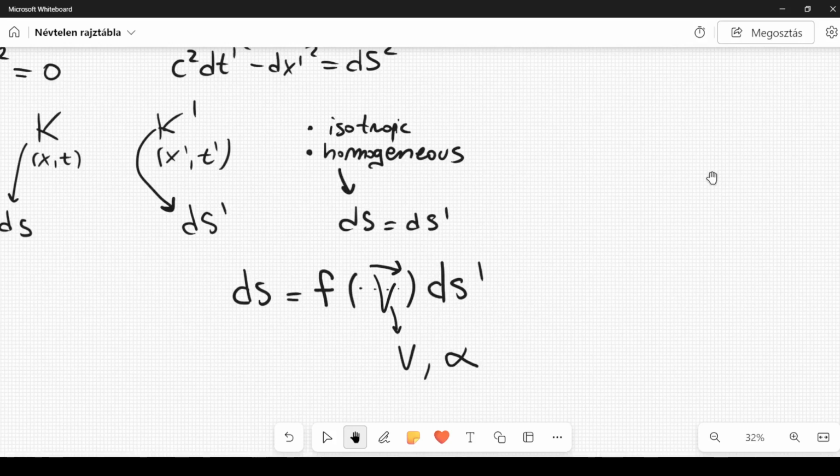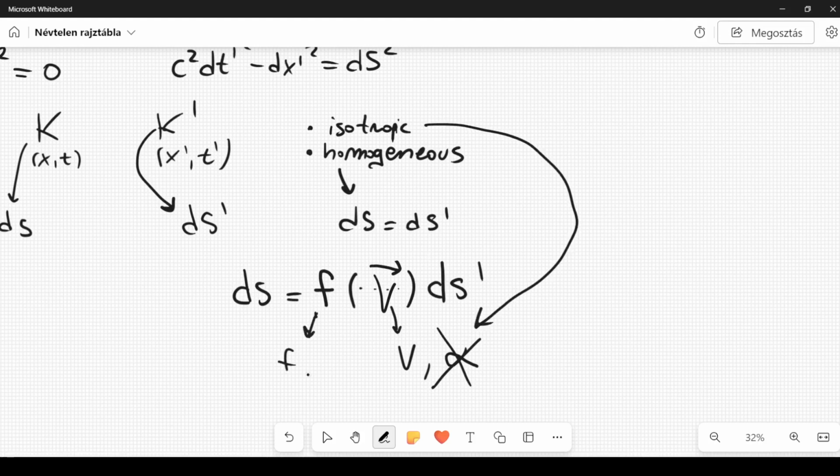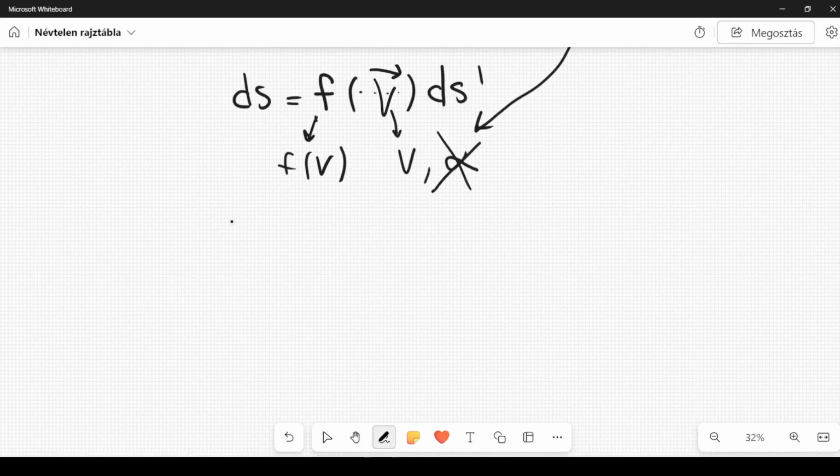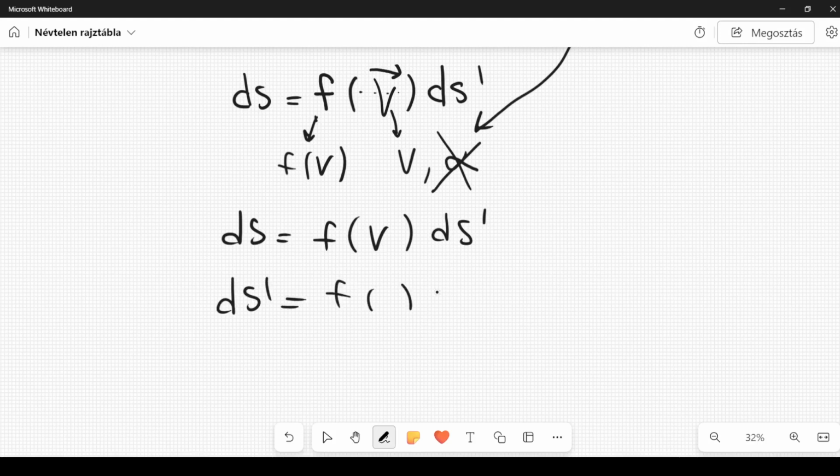Now, if the space is isotropic, it means that there can be no dependence on the orientation, so this alpha cannot appear. So this function will be a function only of the magnitude of the velocity between the two frames. So that's what we must have: ds is equal to f of v ds prime, right? But at the same time, we can also change the way we look at things. So we can say, okay, ds prime must also be a function of something, and then it is multiplied by ds, right? And if we change our perspective, the velocity vector will change sign, minus the vector v, because